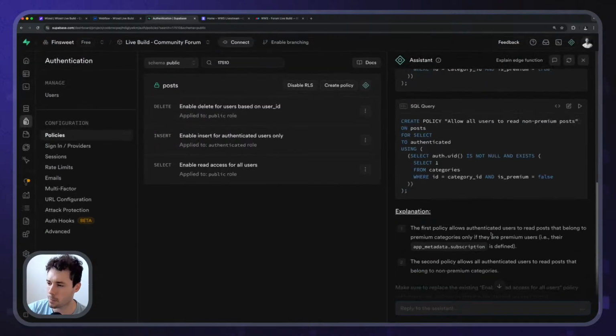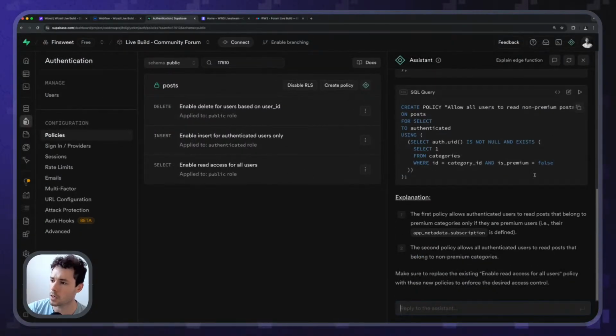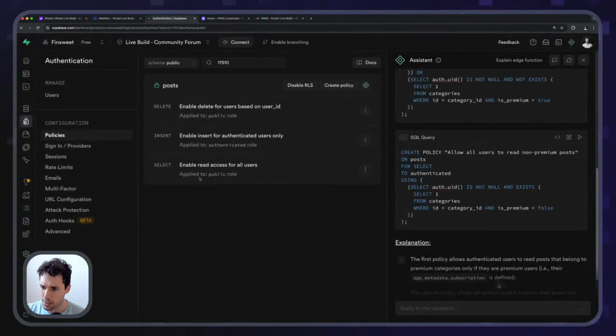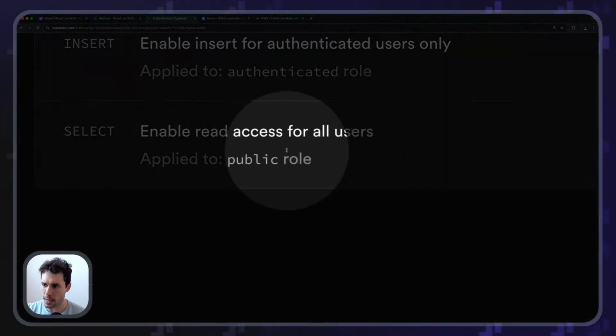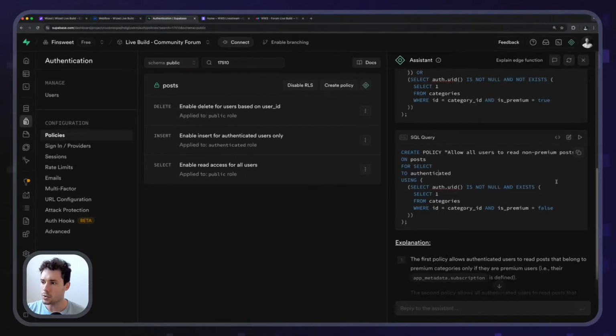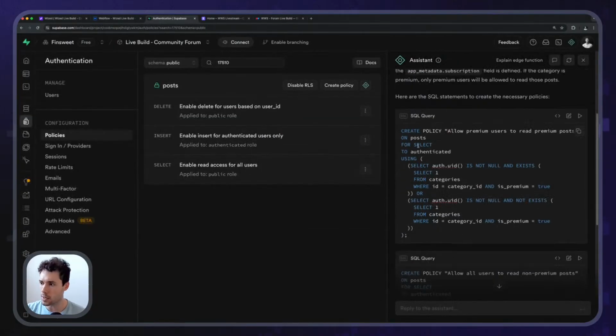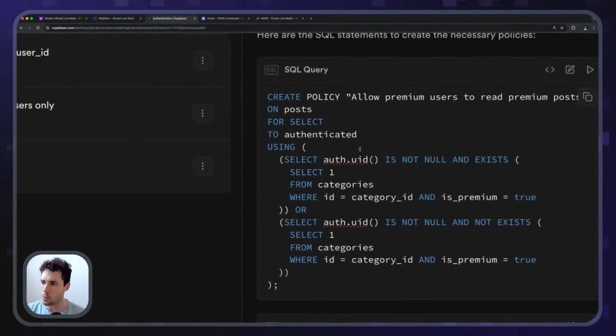Yeah, but hold on, because I don't want this to be on the public. So here, this one, I don't think it's correct because it's applying to the authenticated role like that. So I think that we should update this policy, the one that enables read access for all users, to allow selecting from the categories when the category ID and its premium equals to false, all right? But then we will do this so only the users who are